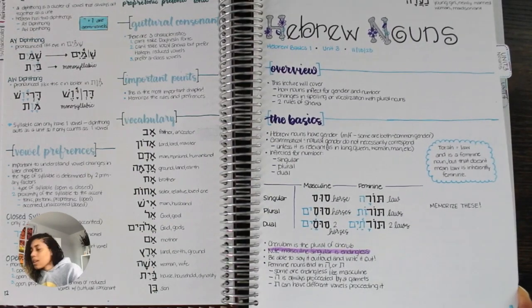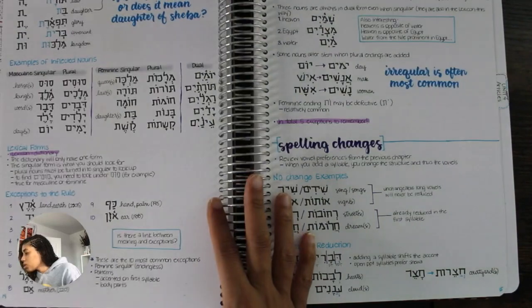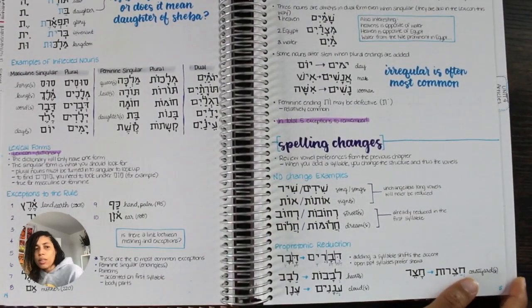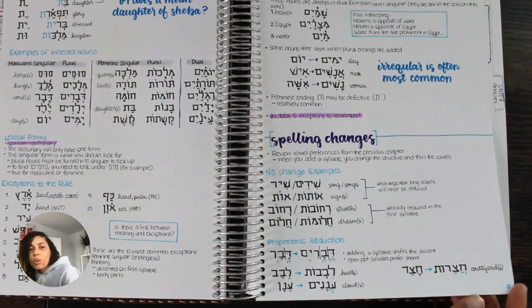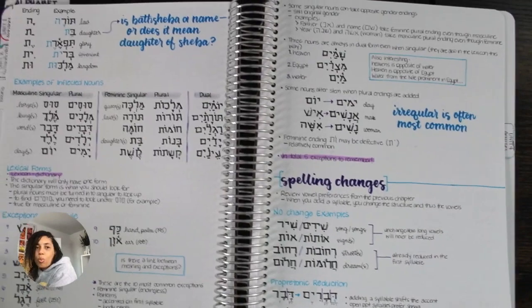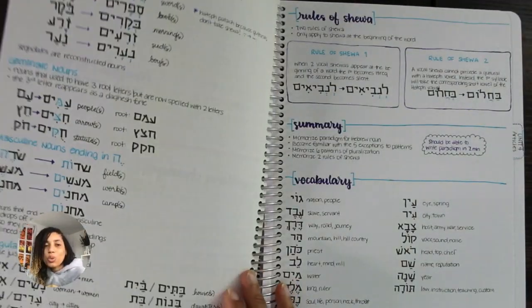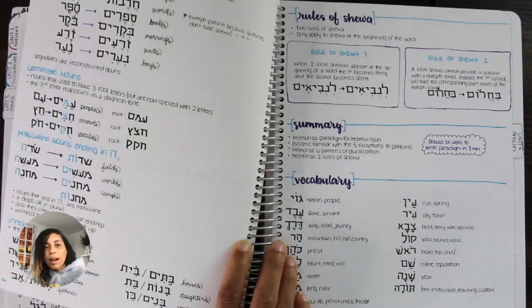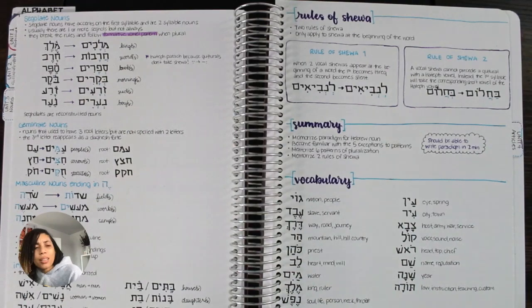And I think the rules of Hebrew and learning the words has been probably the most interesting part of the class. I mean, I guess that's the whole point. But in terms of relating it back to the Bible, there's so many things that are slightly different than